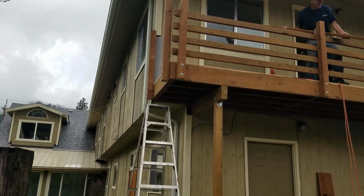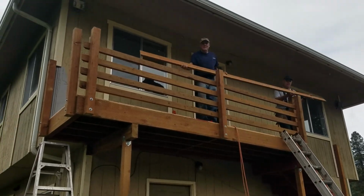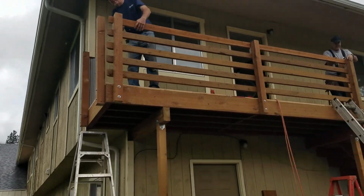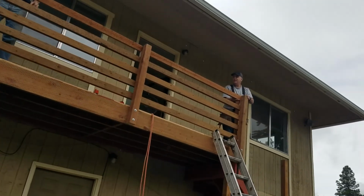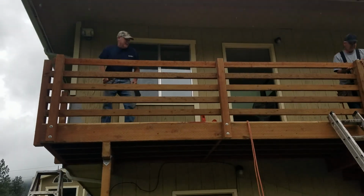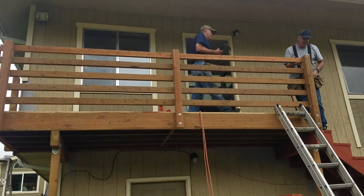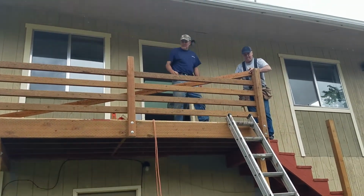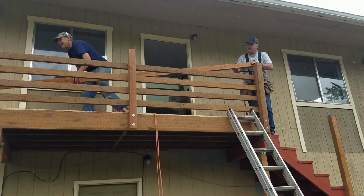And there you go. You see the unknown mechanic and Mitch are up there putting the railings up. 173 inches on this side here. Dave wanted to have a farm style look, and so you see they have a 4-inch space between each 2x4. They're using the C-clamp to clamp it to the